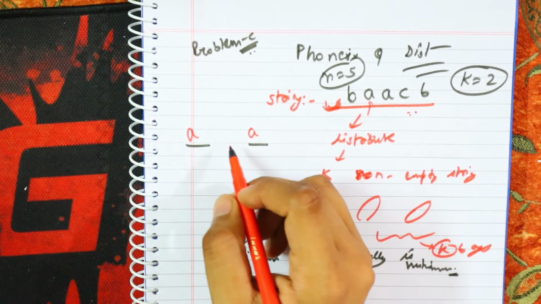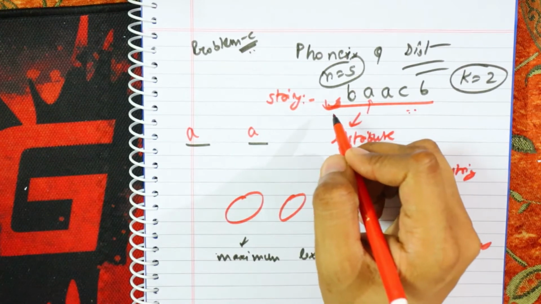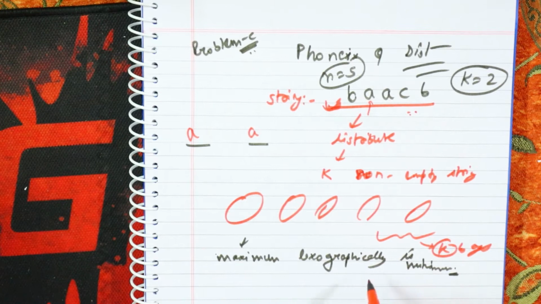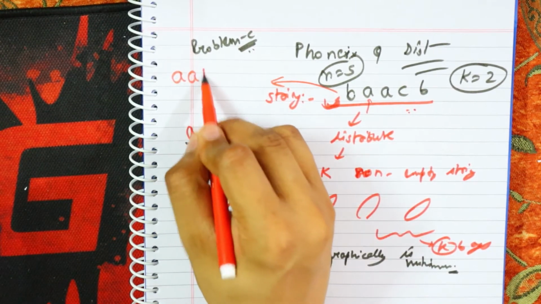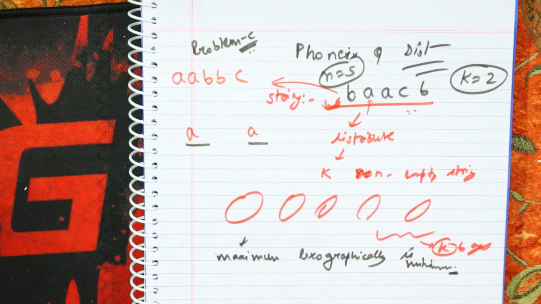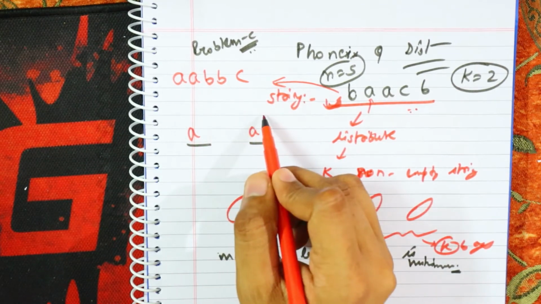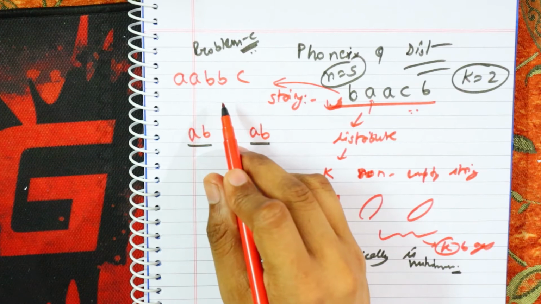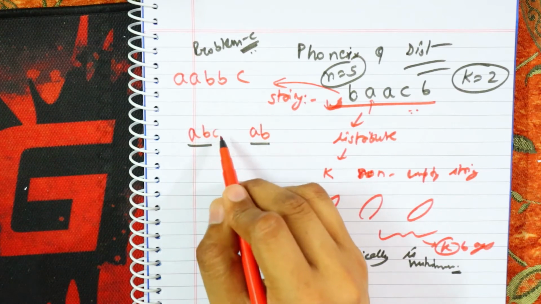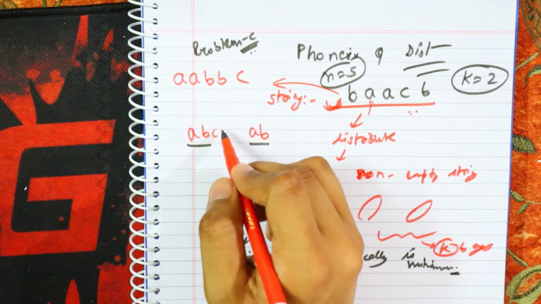Okay, then as you know that you have to choose the lexicographically minimum, what you do is that you sort it. Now it has become AABBC. Now it becomes easy. The first thing which comes to mind is that I want lexicographically minimum, so I will sort it. Now you took A, now you took A, now you took B, now you took B, now you took C. So is it right? No, it is not.